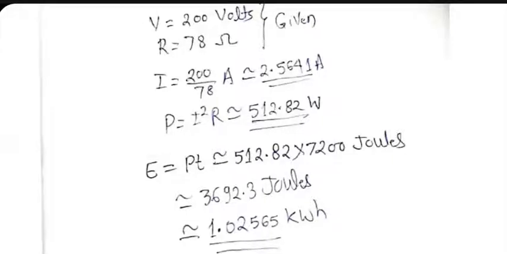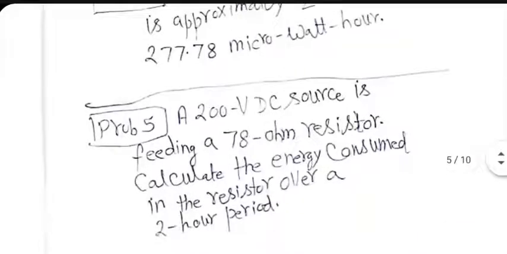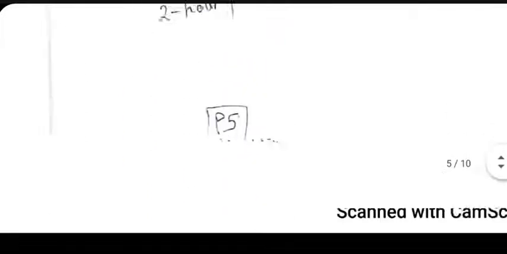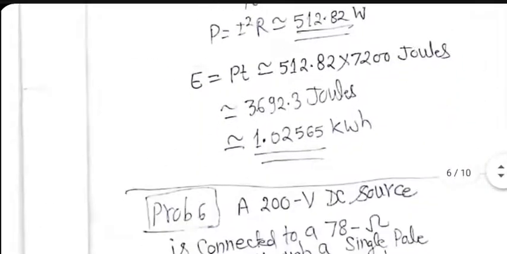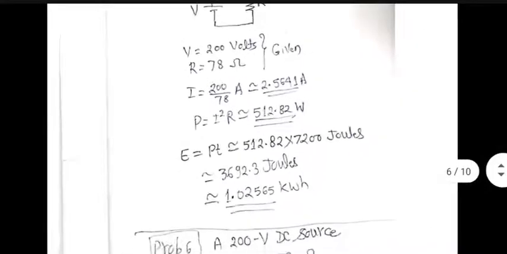This is the engineering side of it. A customer going through this operation, of course, we are assuming DC source, companies supply AC, but fine, let's ignore that. Assuming that the charges are 8 rupees per hour, this customer who has done this exercise of putting a 78 ohm resistor across 200 volt source for 2 hours, he will pay around 8 rupees, assuming that 8 rupee per unit is the charge. Okay, that's the practical side of all these calculations. Money.